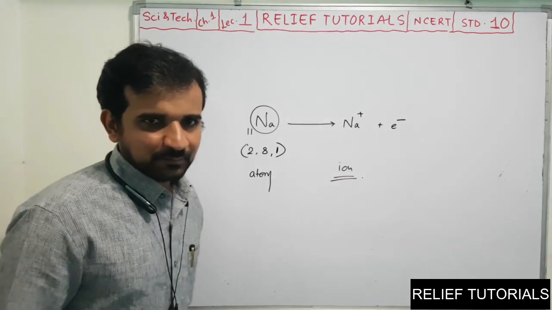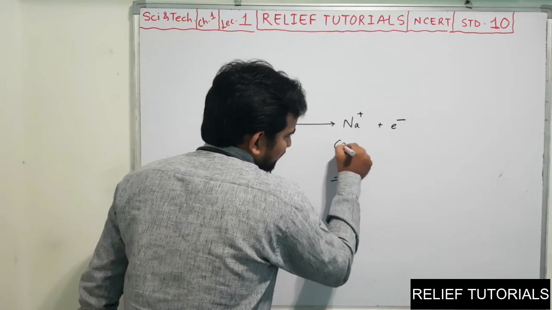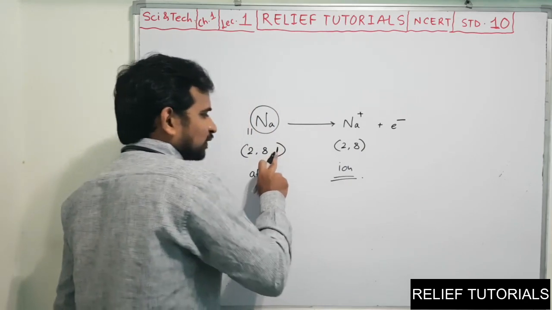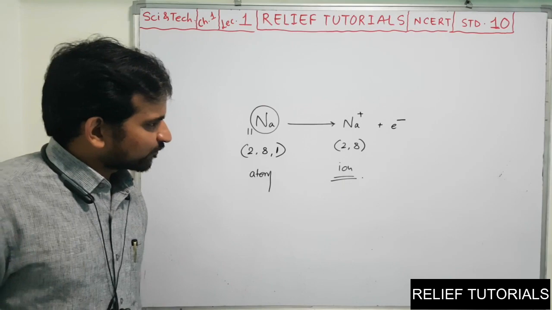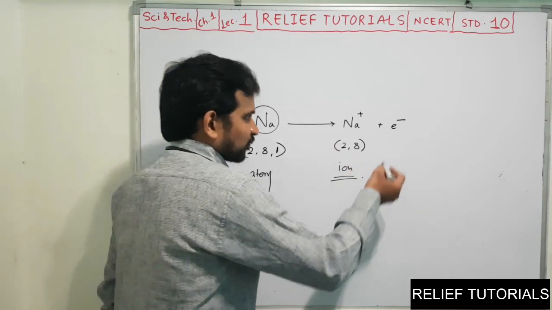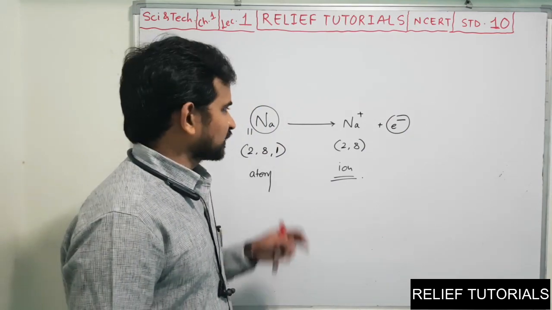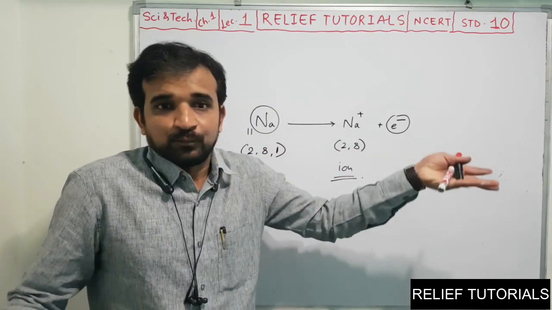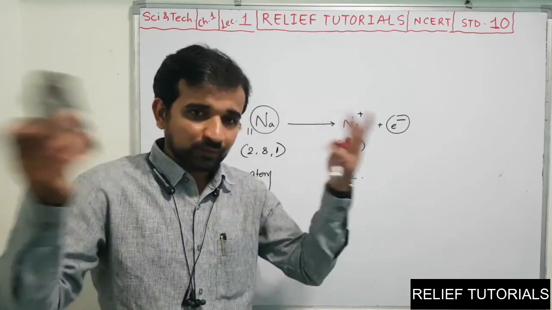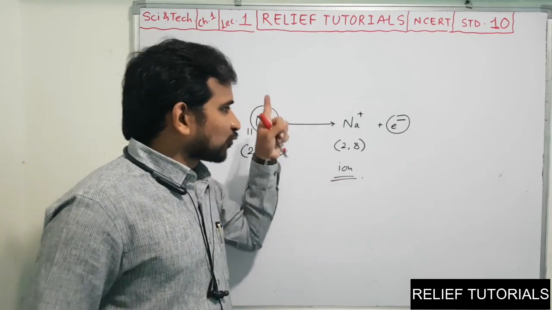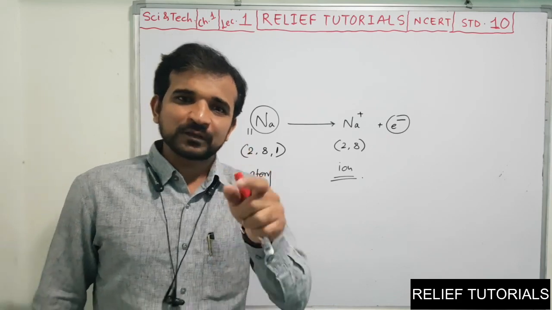Having a vast difference in the chemical properties. It has 2, 8, 1. But now what is the configuration of this? It will be 2, 8 because one electron is lost. So now this sodium ion is formed. Now what about this lost electron? It is lost to whom? Has it lost the electron in air, in water, in the surroundings? No. The electron is only lost by sodium when some electron gainer is present there.